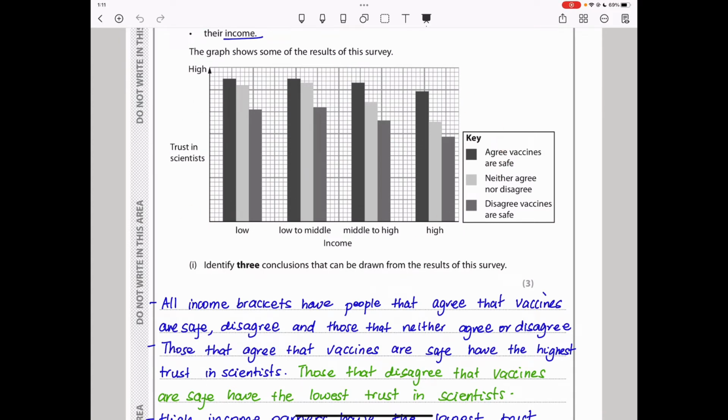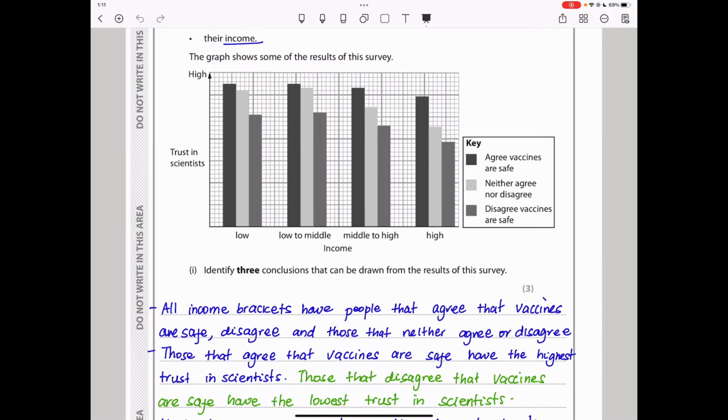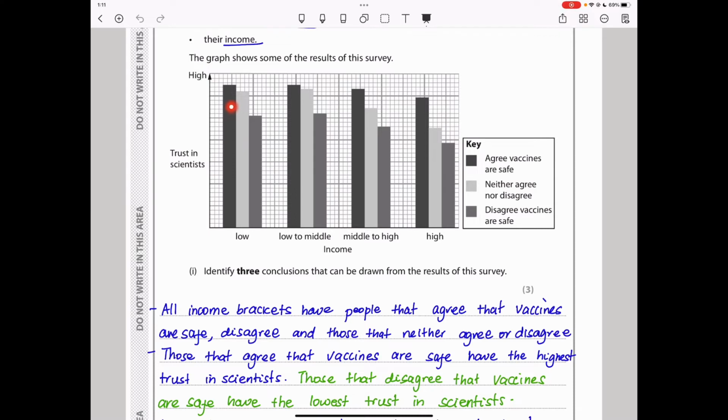Overall, we can see all income brackets agree that vaccines are safe. And again, you can see safety of vaccines is this black thing. In all income brackets, we have that black thing showing that they all agree that vaccines are safe. And then the next part is, I say that those that agree that vaccines are safe have the highest trust in scientists. Yes, these agree that vaccines are safe. Their trust in scientists is going to be the highest. The same thing here, same thing there, and the same thing here. Those that do not agree that vaccines are safe, of course, have the lowest trust in scientists,